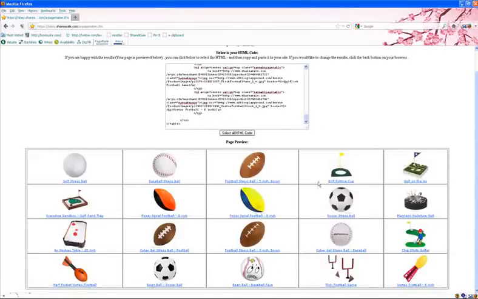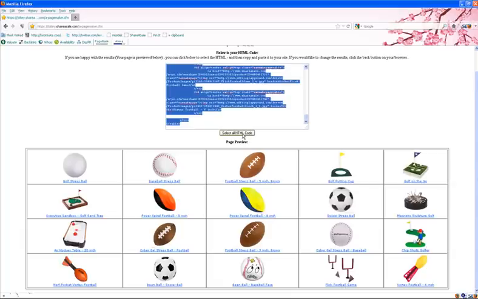So when you're ready and you're happy with what you have displayed, you hit select all HTML code and you copy and paste, and you are ready to go. So depending upon how many products you want to display of a particular merchant or particular merchants, this is a really easy way to add a lot of products to your site very quickly with a minimal amount of coding